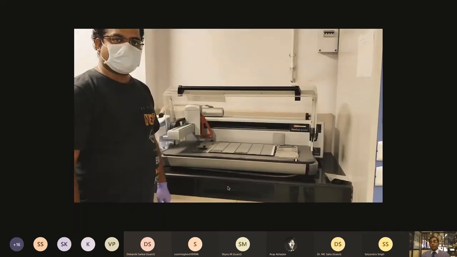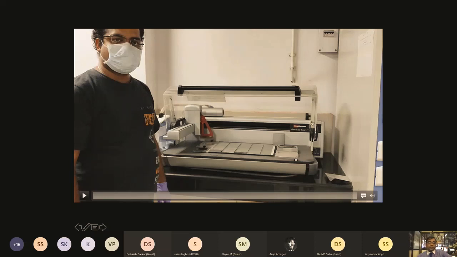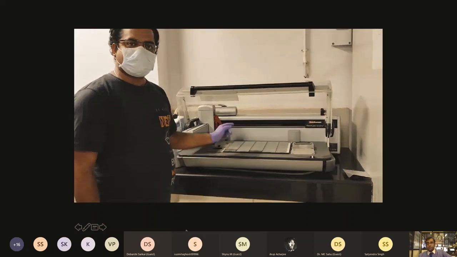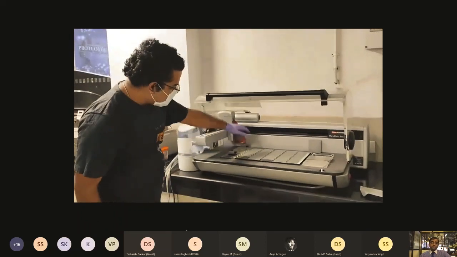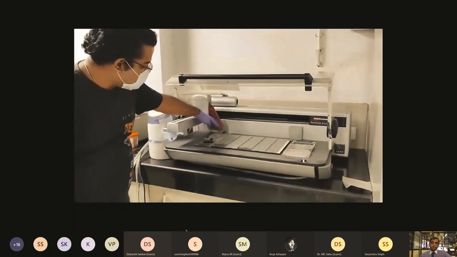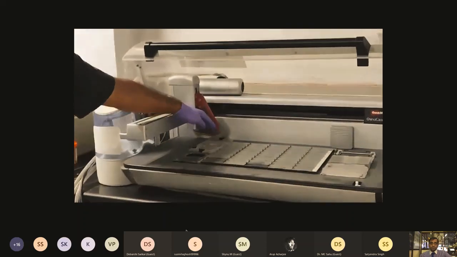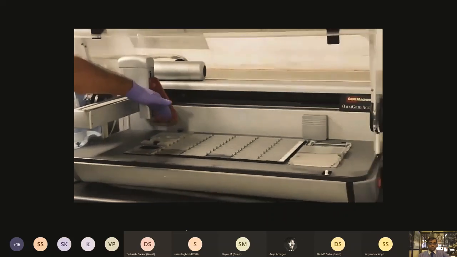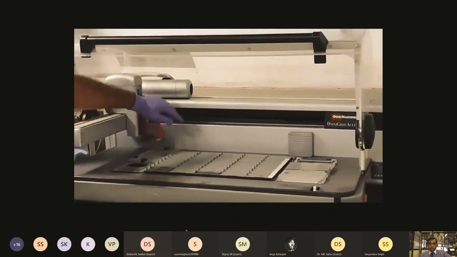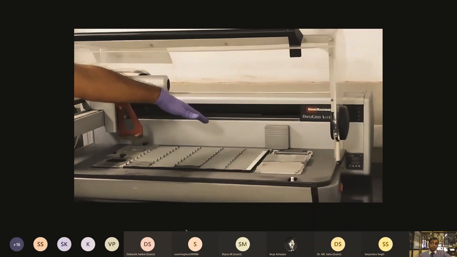So let me show you this clip here, which is essentially a protein microarray. This is a printer which can print these slides, and Arvind is going to show you this particular printer. So this is a protein microarray printer. You can see the slides which are placed here, and this is basically the syringe which will contain the buffers. All the buffers and the prepared proteins will be given here, and simultaneously with the help of the syringe, these slides will be printed one by one.